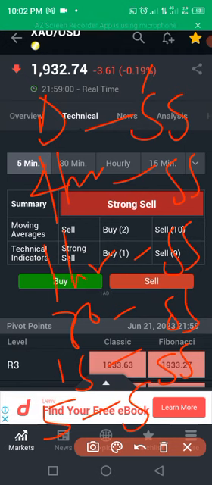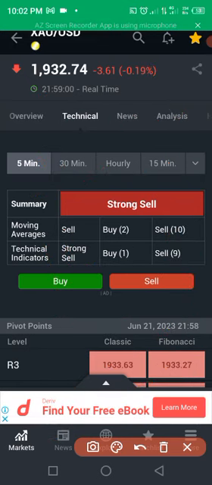Then if I go to my 5 minutes and I'm seeing sell, what do I do? I just go to my chart. I open my chart and look for entries. Now, I just use this one to confirm. So if I go to my chart, I'll look for ways to also analyze the market. Is the market telling me the same thing? So if everything is on strong sell,